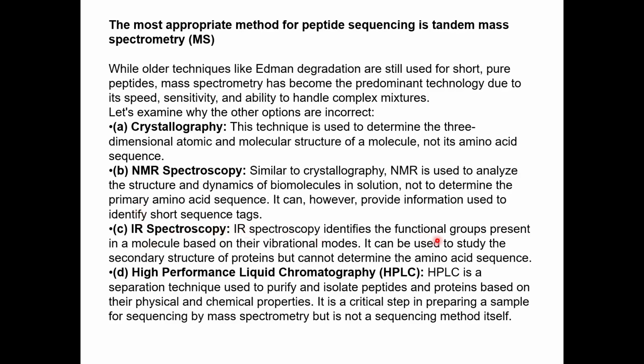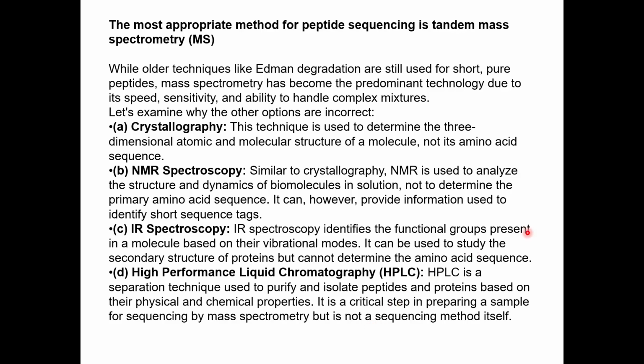IR spectroscopy is, however, for the functional groups that are present on a molecule based on their vibrational modes. It can be used to study the secondary structure of the protein, but it cannot determine the amino acid sequence. HPLC is a separation technique used to purify the isolated peptides and proteins based on their physical and chemical properties. It is a critical step in preparing sample for sequencing for mass spec, but it is not by itself a